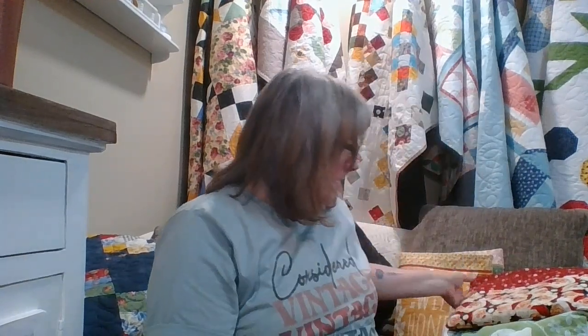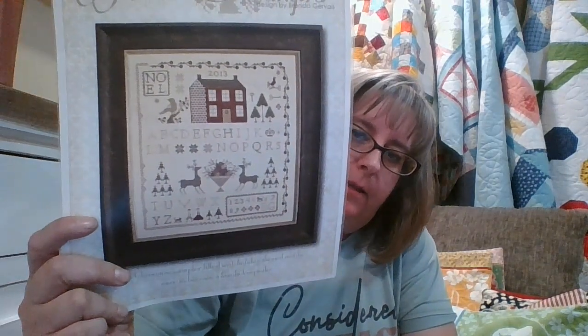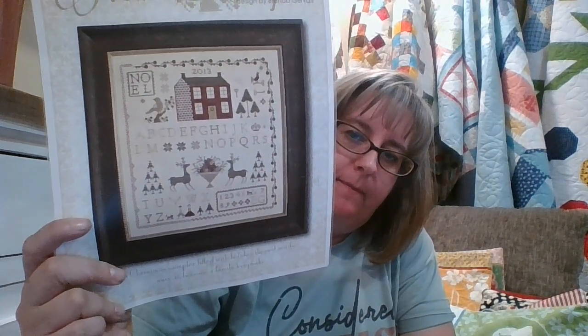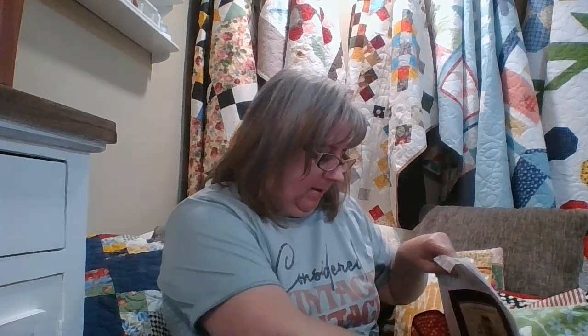Okay, next one. All right, this was my birthday start. So I started this on December 6th in 2020, and it is Noel Sampler by With a Needle and Thread. And I am stitching this on a piece of 14 count, yes, 14 count Ada